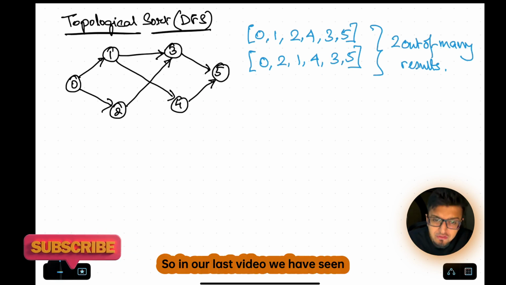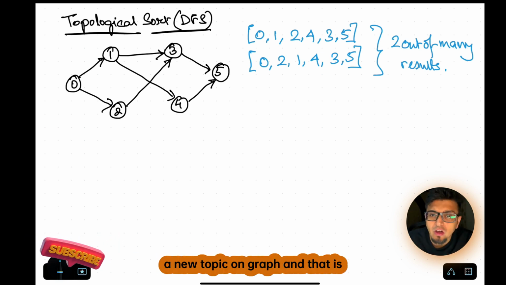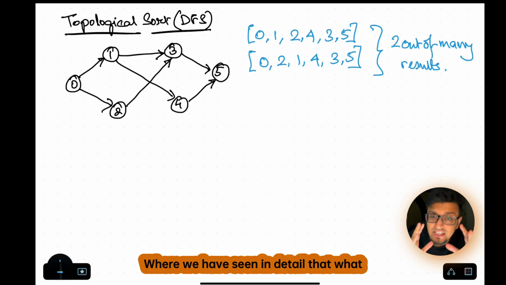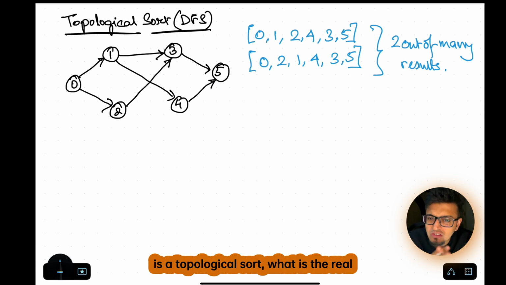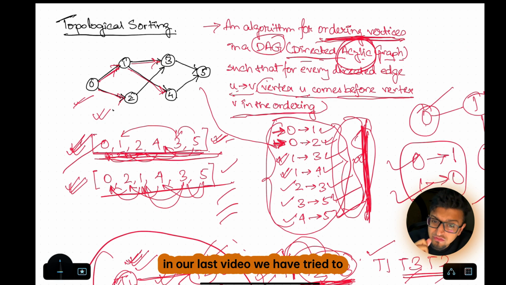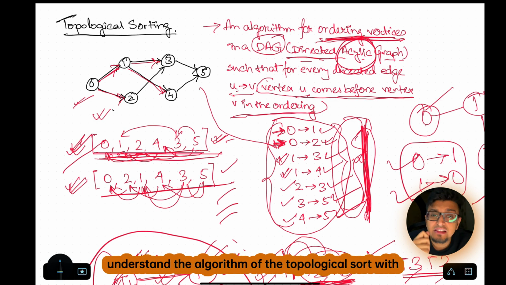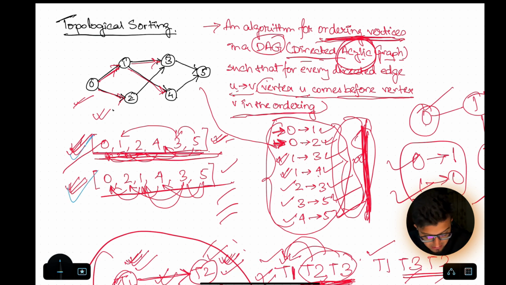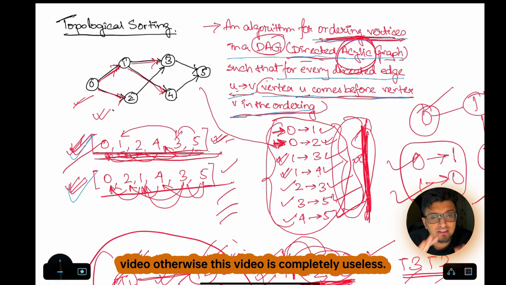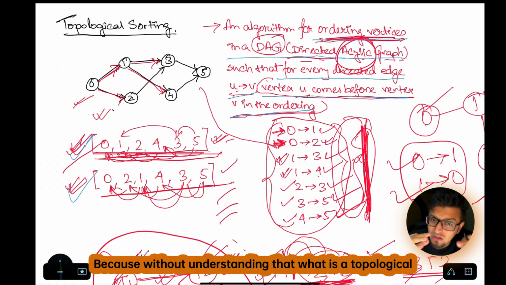So in our last video we have seen a new topic on graph, and that is the topological sort, where we have seen in detail what is a topological sort, what is a real life use case of a topological sort, and we have tried to understand the algorithm of the topological sort with these two examples. I hope you have gone through my previous video, otherwise this video is completely useless, because without understanding